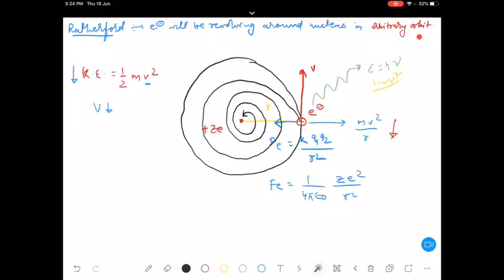So here the first postulate of Bohr's model comes: instead of this arbitrary orbit, this electron will be revolving around the nucleus in a stationary orbit. This is the first postulate of Bohr's model. So from here, for the first time, this definition of stationary orbit came into existence. Now what is the stationary orbit, that we will understand. Okay, so this is the limitation of Rutherford's model, and from here we start Bohr's model.